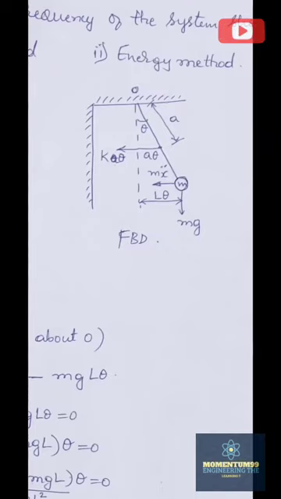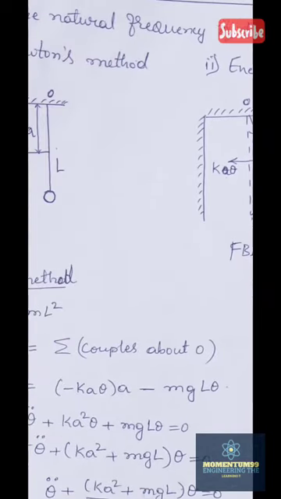Since our mass is said to have a torsional or angular displacement from the equilibrium point up to this position, whatever the angle we have written, we will represent it as theta, written in the topmost corner at the point of suspension O here. Now let's represent the distances of this spring as well as the mass. The inclined length of this distance, what I have written, is the spring force K a into theta. The distance is A, from the diagram they have given on the left side here.